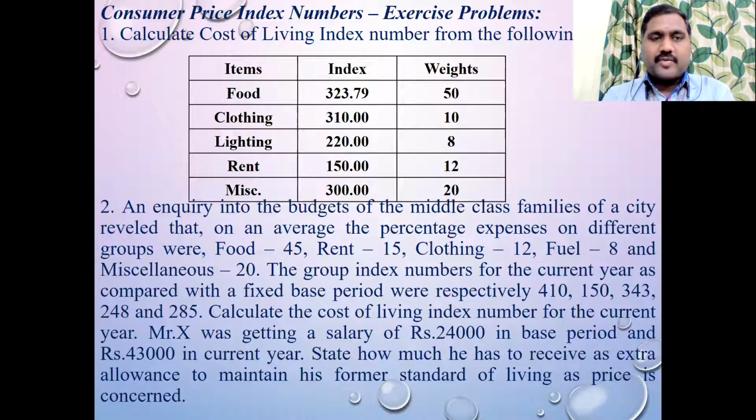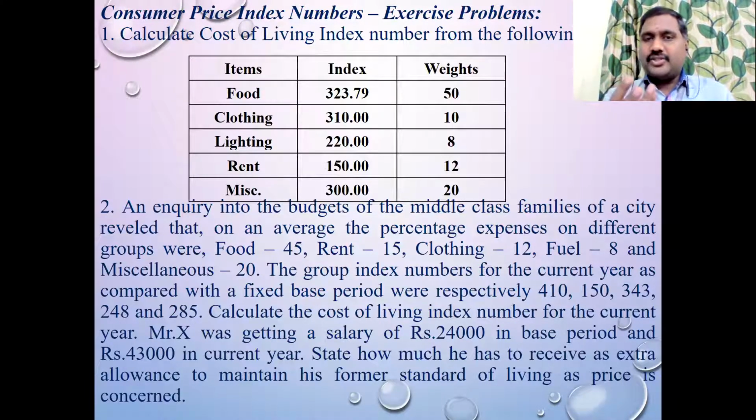So the first problem we already worked out. Index I is given, weightage is given, so no problem, you can directly substitute and get the value. Whereas in the second problem, the problem is given in statement form. They didn't give the direct values. From the problem, you need to understand and extract the data. How many items are given? 5 items are given.